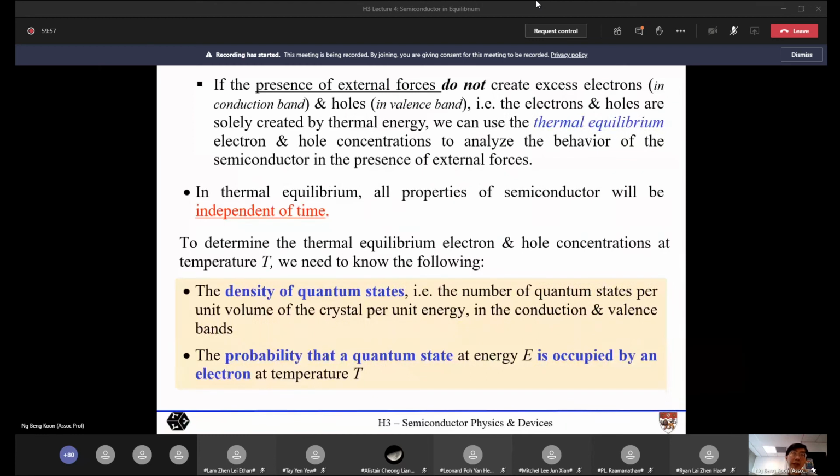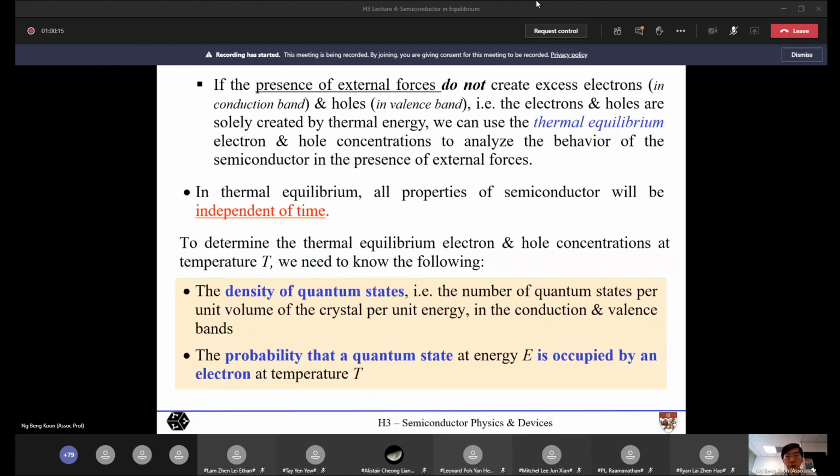In other words, it's the number of states available to take electrons and holes. Because if you know the number of states available, it allows you to estimate the number of electrons and holes present,